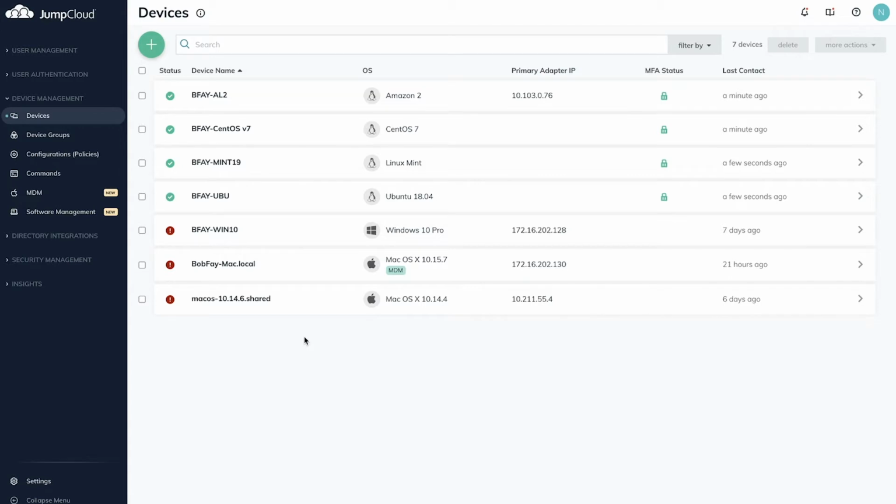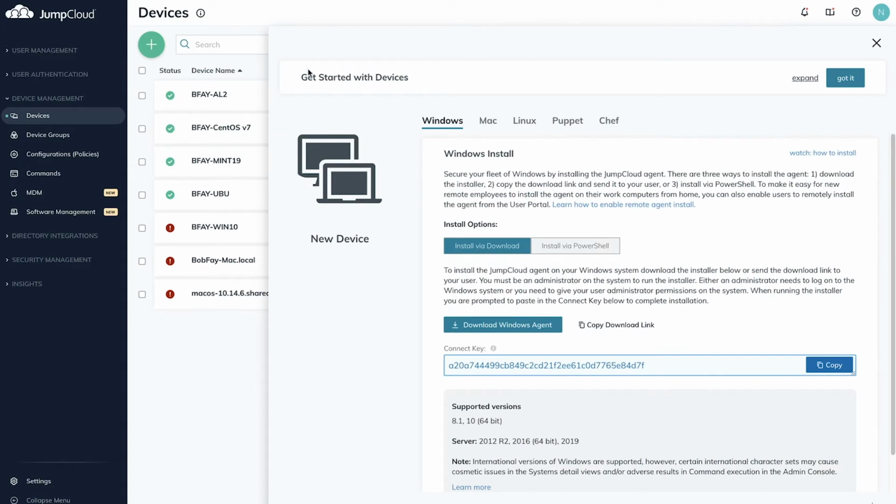JumpCloud's directory platform is entirely vendor agnostic, meaning that we can work with Linux, Mac, and Windows machines. In this tutorial, we'll be focusing on adding a Windows device to this demo organization. To add a new device, log into the JumpCloud Admin portal from the new device, navigate to the Device Management section, click the Devices menu, then click the green plus button at the top left side and select your operating